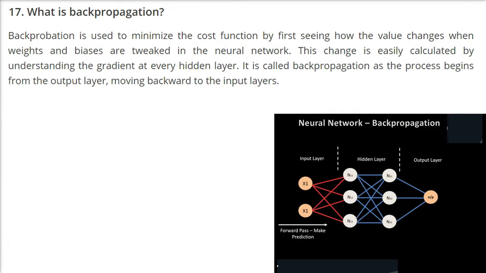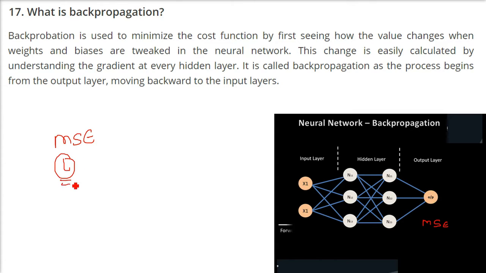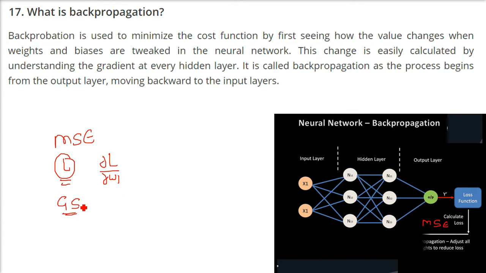Backward propagation is for balancing or reassigning the weights and biases. As I said, we find the output and then we find the mean square error between the actual value, the true value, and the predicted value. Then you make a loss function, then you try to change the weight W1 so that you get a good result, and you do it for every weight.